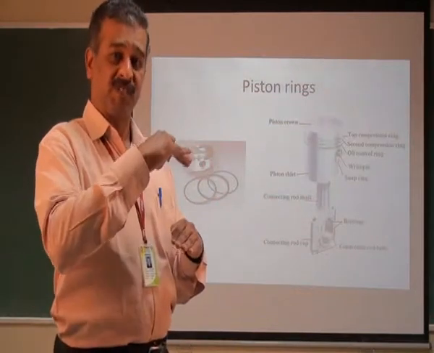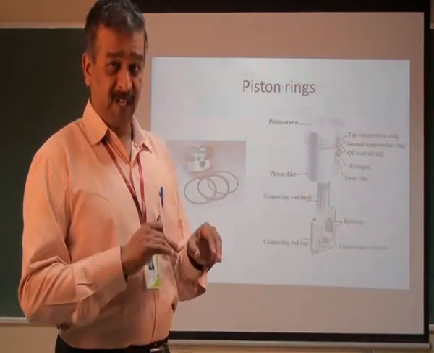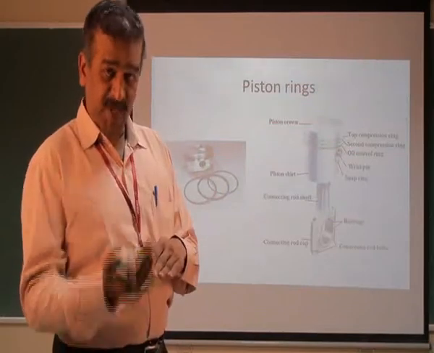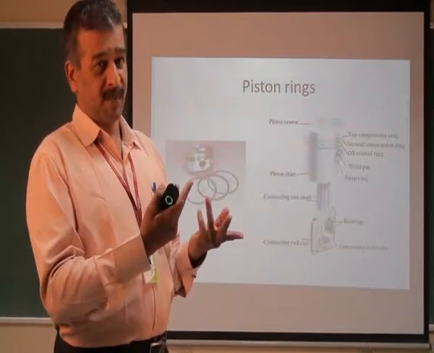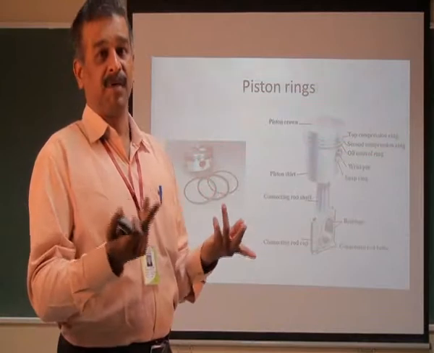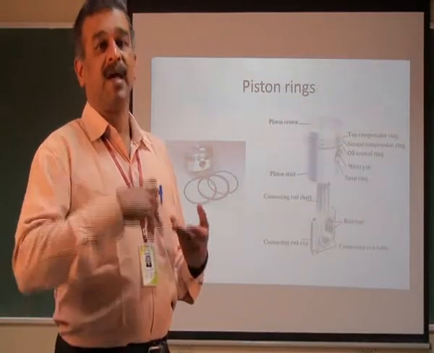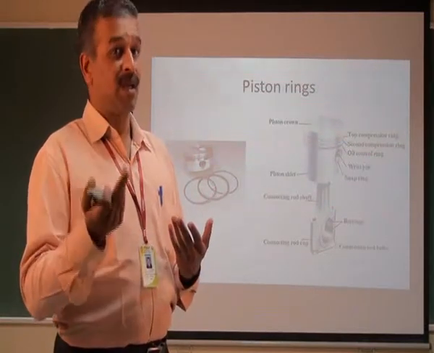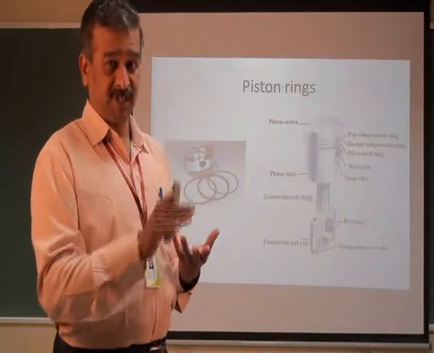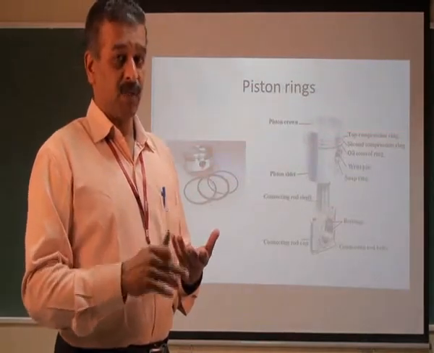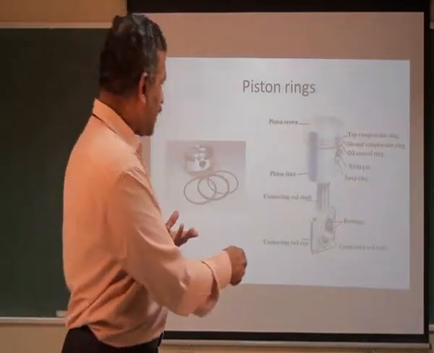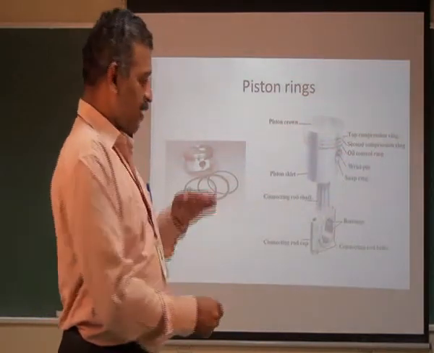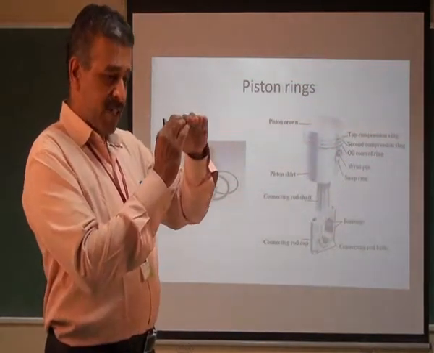If it goes above the piston, what will happen? When combustion is taking place, even this lubricating oil also will be burnt, because oil is also more or less a petroleum product. It also burns and it will be consumed by the combustion. It should not happen. So for that, we are providing an oil control ring,